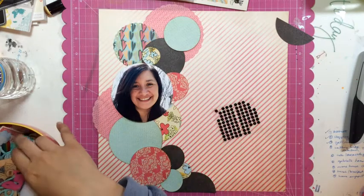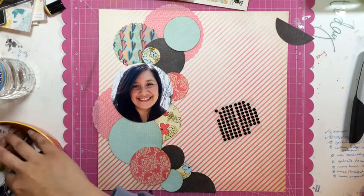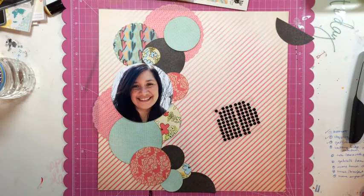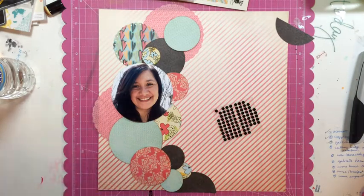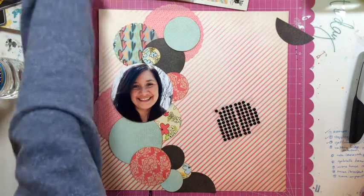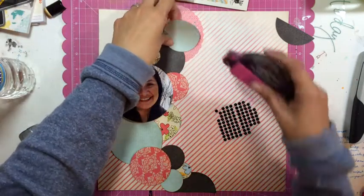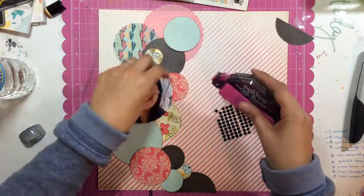But basically what I've done, I was Skyping with Lisa when I did this, so I pulled some papers, I got my circle cutter out, and I cut several of the circles out with the circle cutter and that picture of myself. I know one of her requirements was to do a picture about yourself and to tell the story, and I'm sorry. So here I have everything kind of pre-cut as far as my circles go, and I